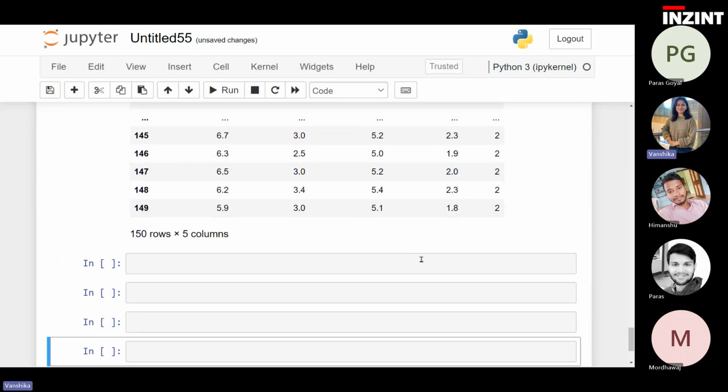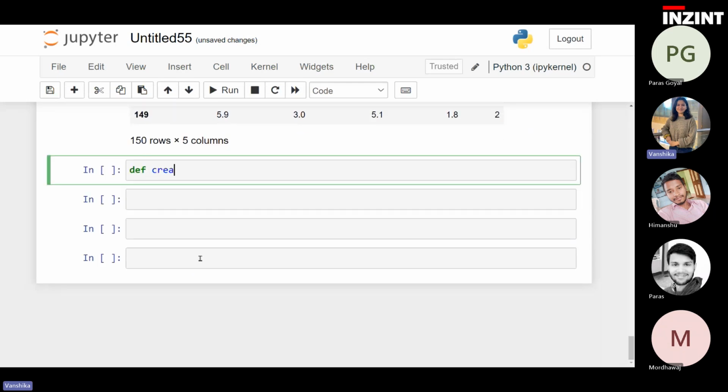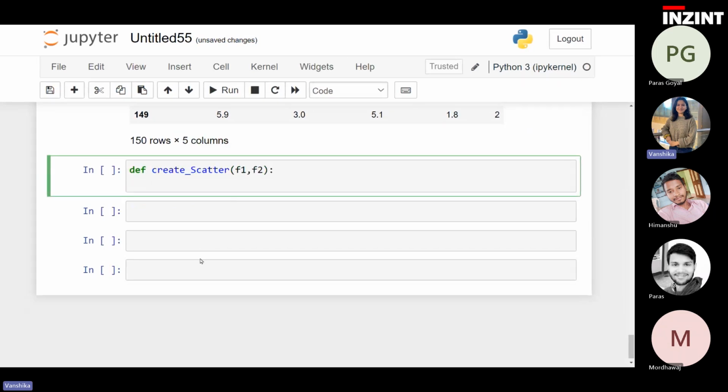बनाएंगे, ठीक है। So to construct the scatter plot on this particular graph, I'll create a function scatter plot के लिए, ताकि I can use it later with my widgets as well. This scatter plot should take two values, right? तो एक F1 ले लेते हैं, एक F2 ले लेते हैं, फीचर 1 और फीचर 2, जिसके बीच में स्कैटर प्लॉट बनाएगा. Firstly, I am initializing a figure using plt dot figure function,